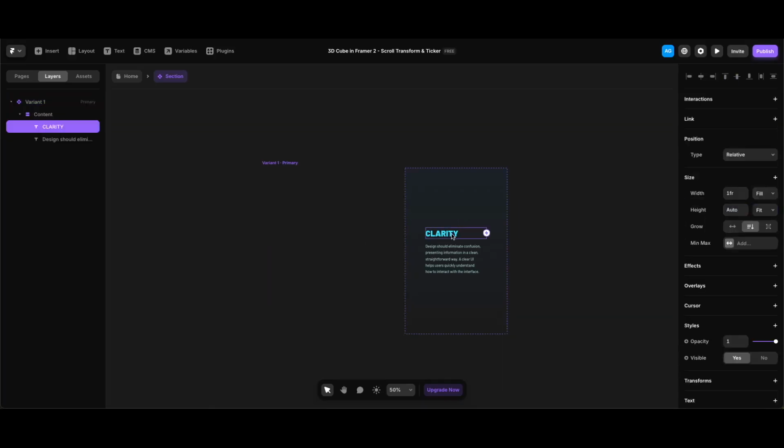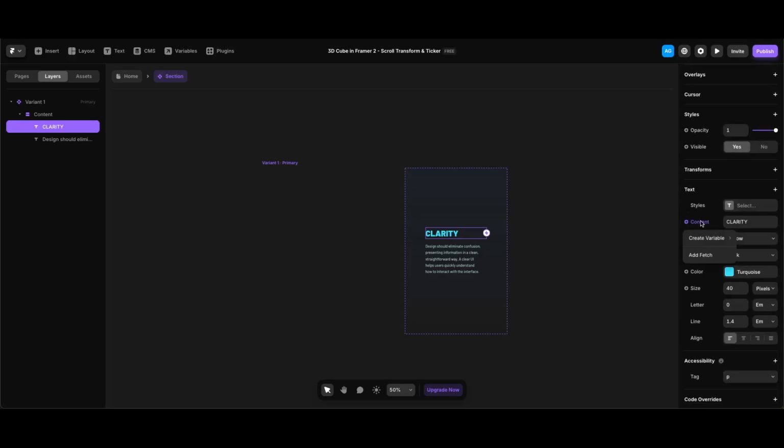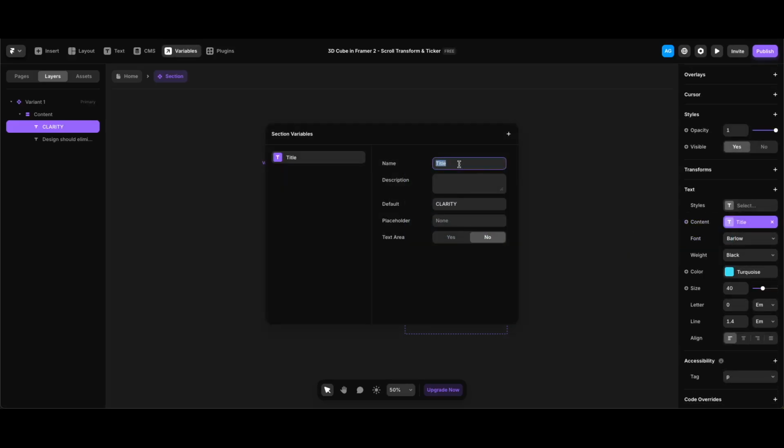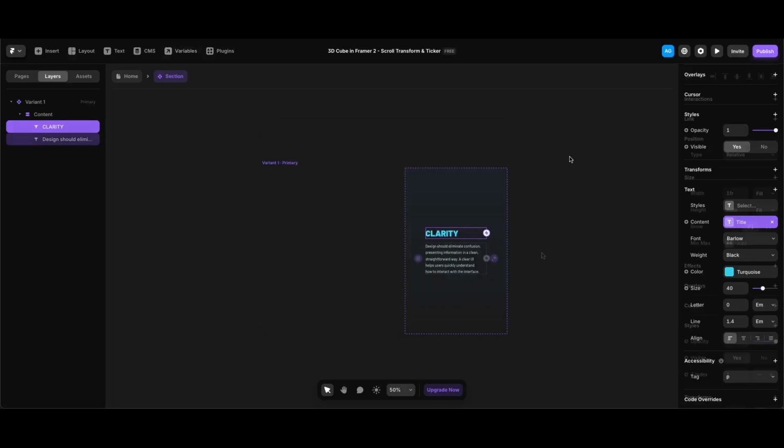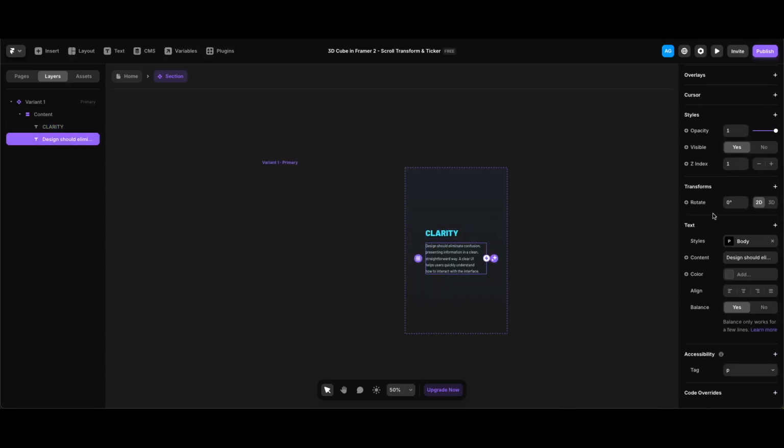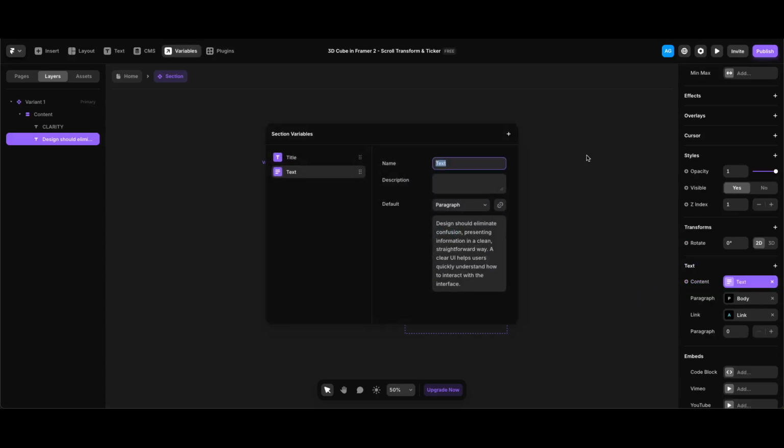So I will click the title clarity first, and under text I'm gonna click the content label and create a plain text variable, and I'm gonna leave its name and default value as they are. Next I'm gonna do the same for the text below. Click in the content. This time I'm gonna create a formatted text, and again leave its name and default value